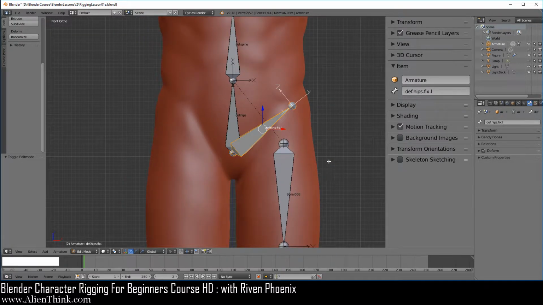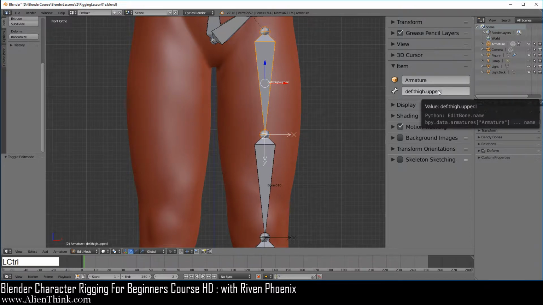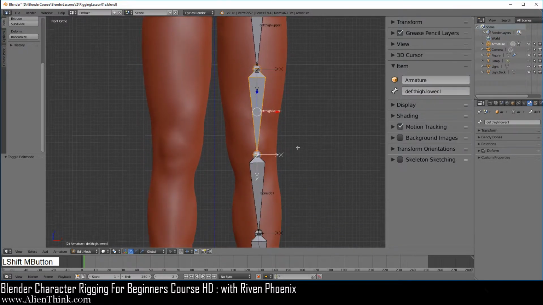Okay, now go ahead and come over here, click on this one. This is going to be def.thigh.upper.L, enter. And here I'm just going to hover my mouse and copy this, click over here, click inside, do Control V, and this is going to be lower.L, enter, shift middle mouse button.